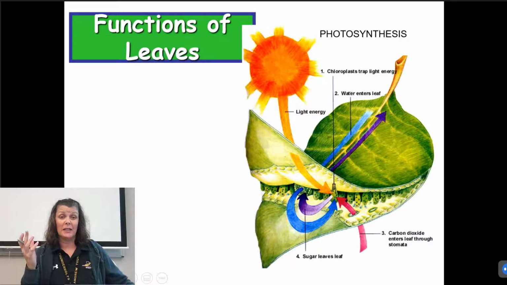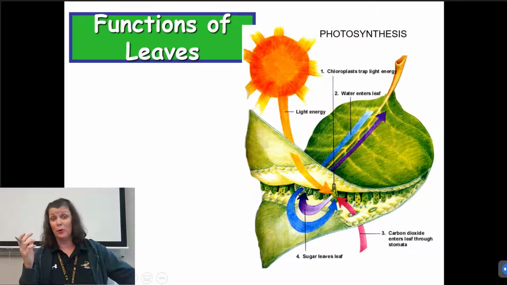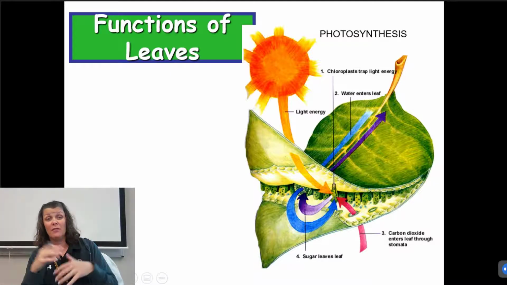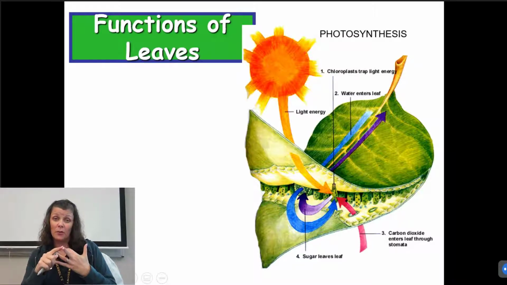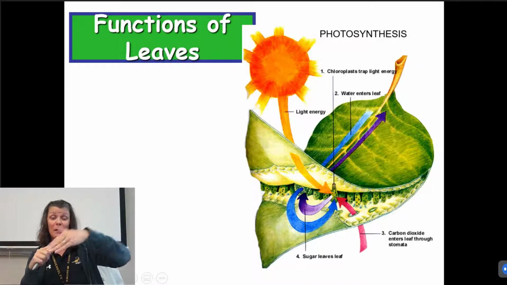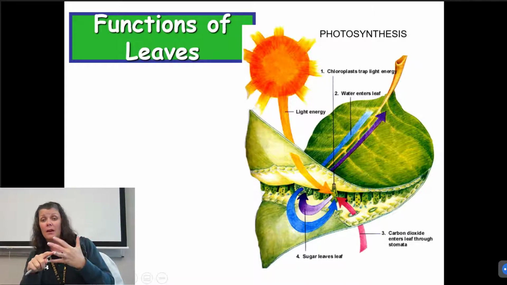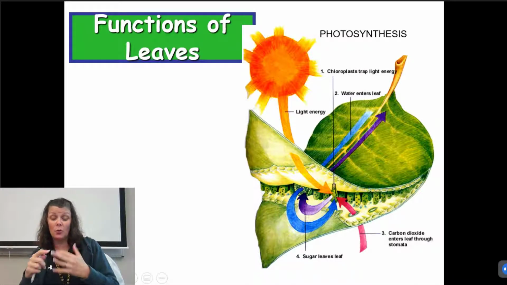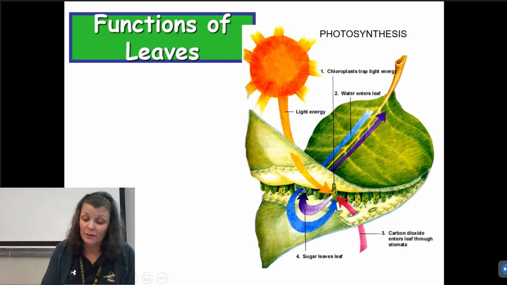The functions of the leaves. You've known, at least I hope you've known, throughout the course of your lifetime here on this planet, that the main function of the leaf is to do photosynthesis. And in order to do photosynthesis, the plant requires water, carbon dioxide, and a light energy of some sort. Well, in this picture, the light energy is going through the top of the leaf, so through the cuticle that's clear, through the dermal layer, the upper epidermis, and what the light is going towards is